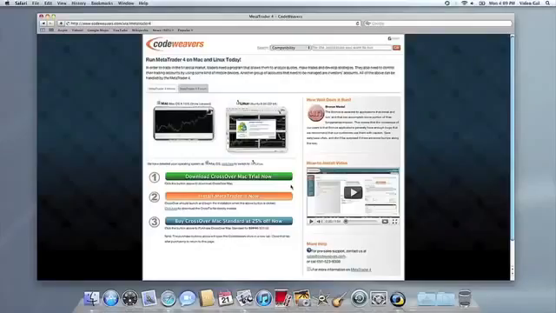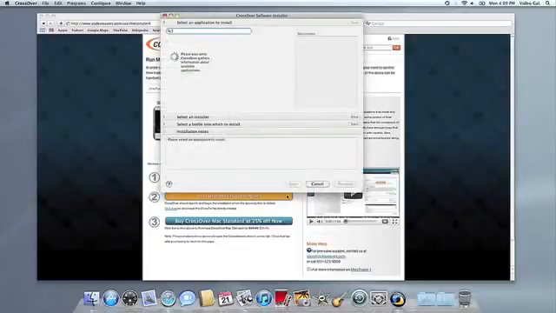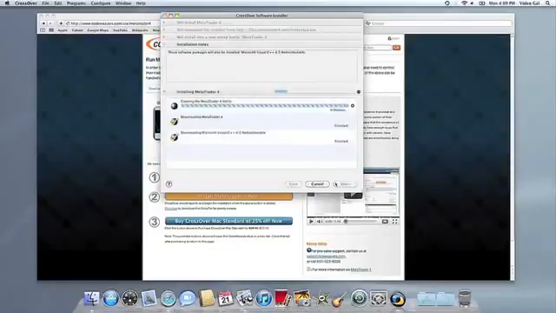Now that you have Crossover on your Mac, you can install your Windows application by clicking on the big orange Install via Crosstie button. If you're running Safari, Crossover's installer will launch automatically. With other browsers, you may have to save the Crosstie installation file to your computer, then click on it to run it. Now Crossover will take over and get busy installing your software.